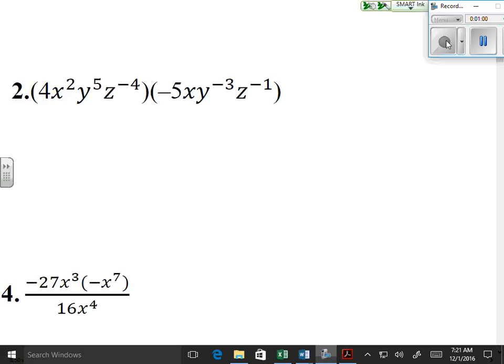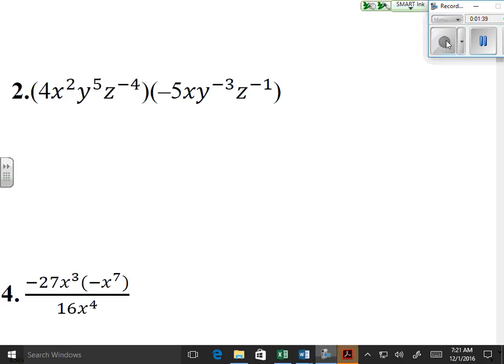For number 2, these parentheses are not necessary. You have one term here, one term here, and each term has 4 factors. So there's no addition or subtraction going on within. It's just one term and one term, so the parentheses are not going to be necessary,